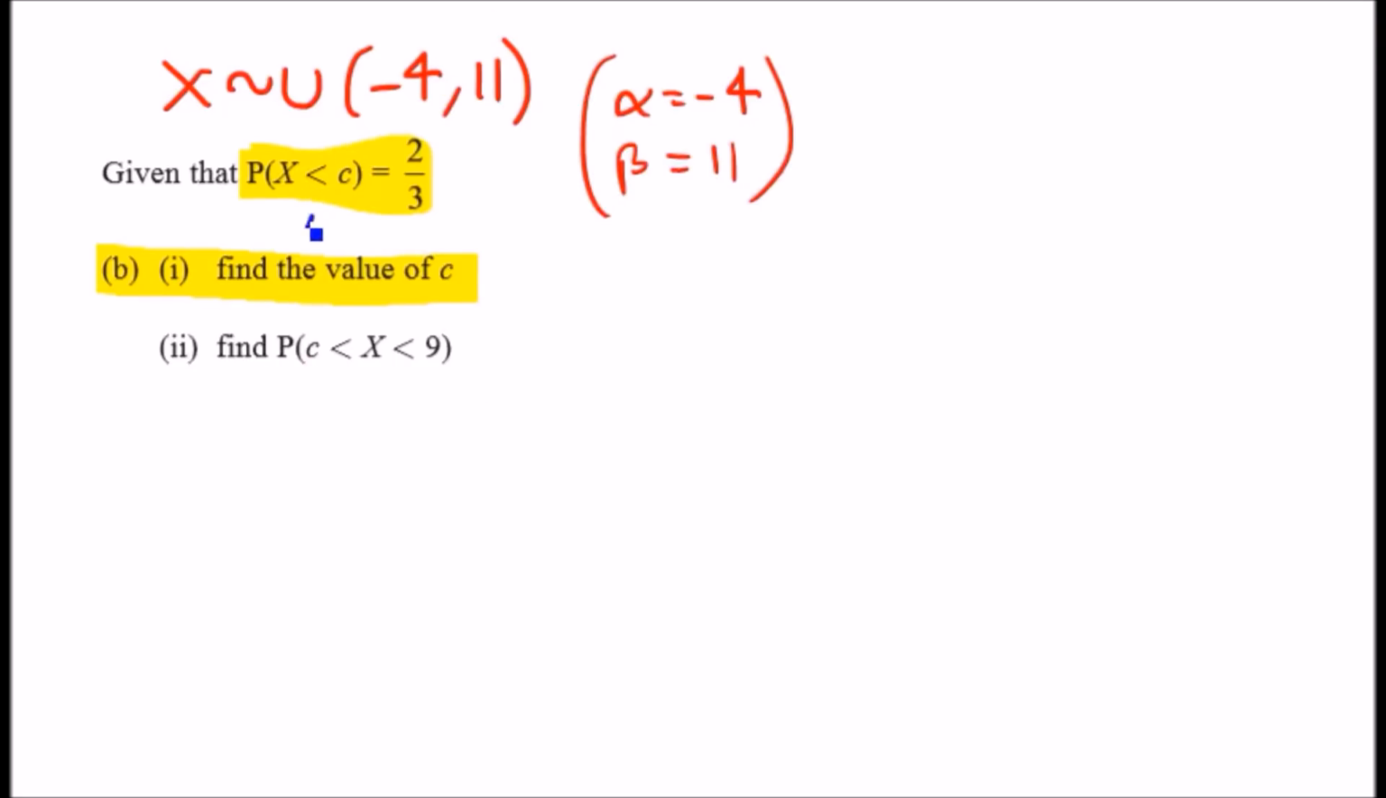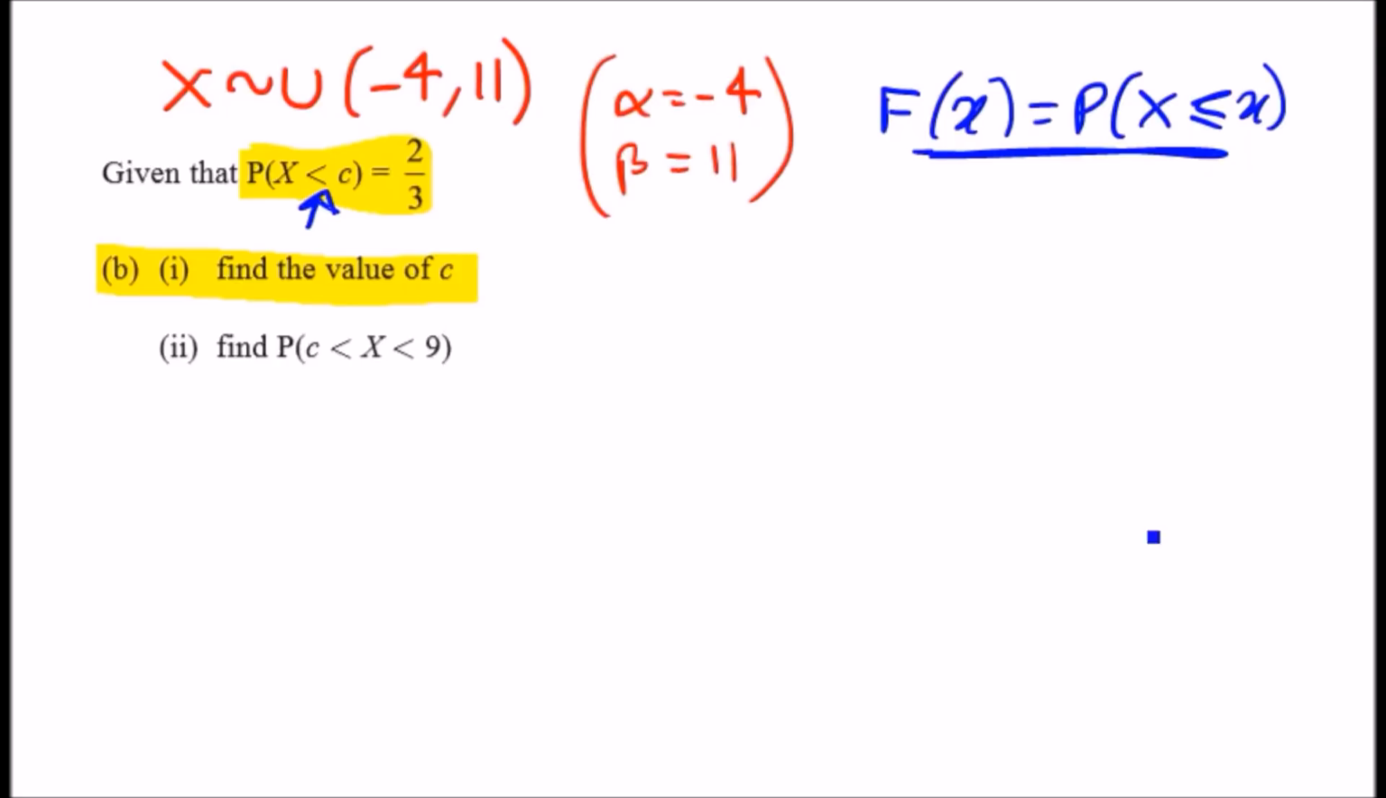First, notice that this one is again the cumulative distribution function because it's written in the less than form. So F(x) is always the same as P(X less than or equal to x). This is literally the formal definition. So in this case, what does this mean? The probability X less than c is going to equal the function at the point c, which we already